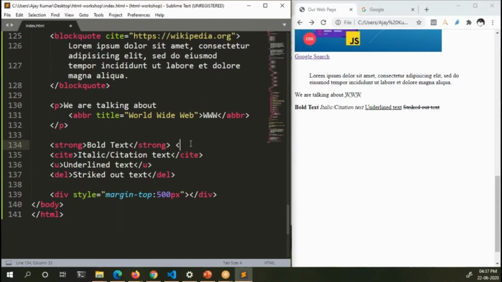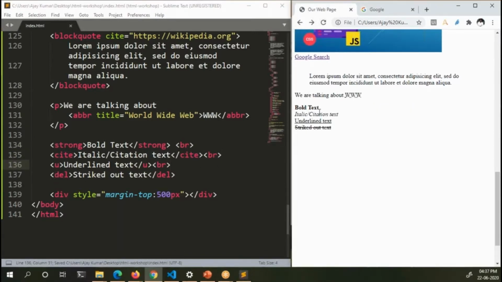Okay, I forgot to add the break tag. Let me add the break tag so that it looks more understandable. Save it and refresh it. Okay, now you can see. The strong will always display text in bold. Thickness will be more than the regular text. The cite tag will always display text in italic format.